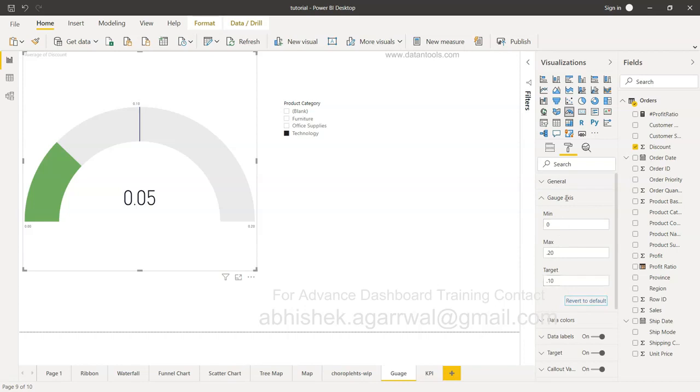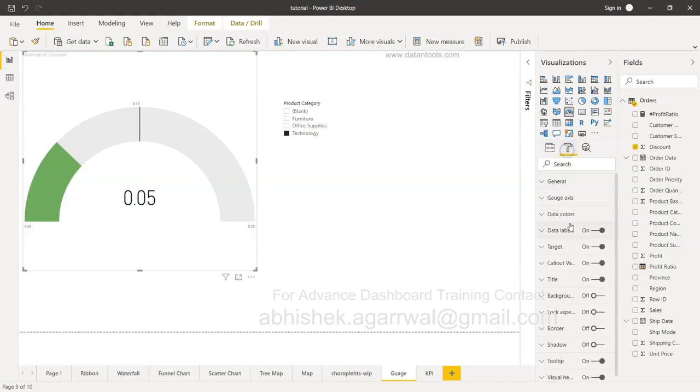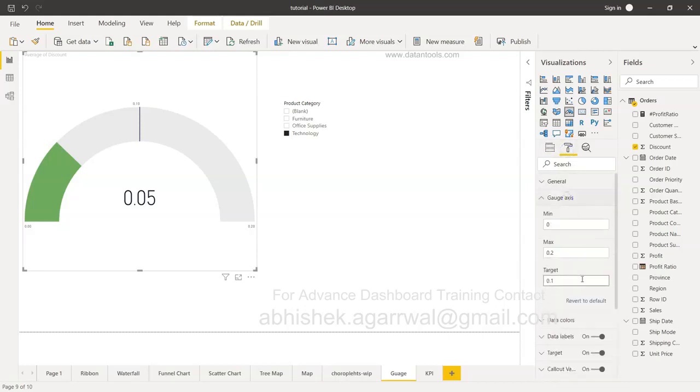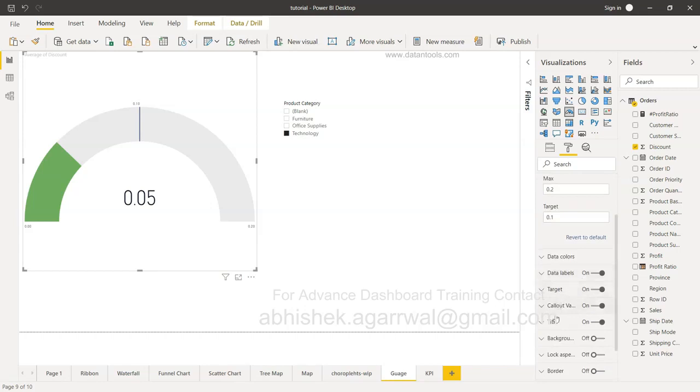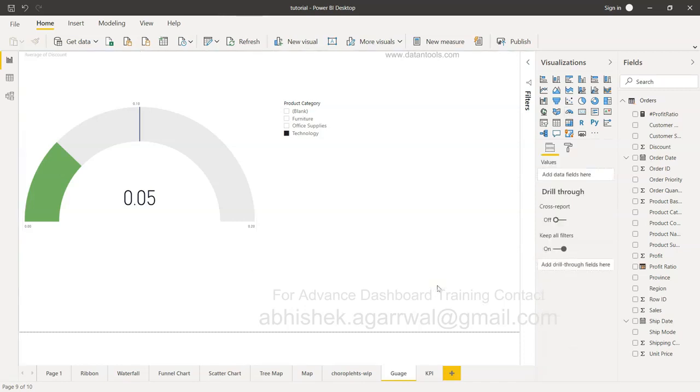So with the help of this gauge axis, if minimum, maximum and target value is not present here, then only these three fields will be enabled, otherwise not. But that's about how you can configure the settings, or how you can configure the values within the cost chart. Also down there, if you see, there is a target. It's about the formatting of the target, and then a couple of more formatting options, which is pretty regular when you have the other charts. So I'm not putting it over here, but that's very quickly about how you can create